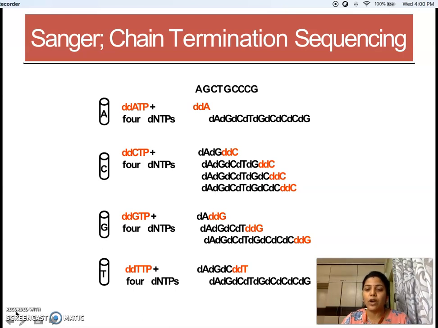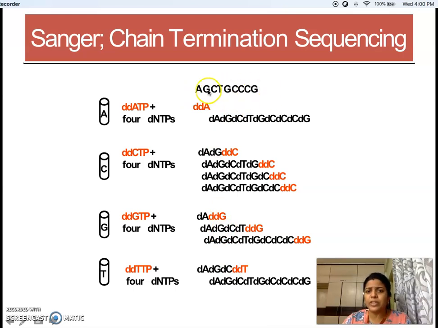So this is also one of the alterations that has been made in the PCR. Apart from that, the Taq polymerase and all the 4 dNTPs would be added in each of these eppendorfs. Kindly remember this. But what is going to be different in each of these eppendorfs is, in this first eppendorf, you will be seeing that ddATP is added. Here ddCTP is added, here ddGTP, and here ddTTP. So if this is the sequence of addition of the incoming dNTPs, these are the different possibilities that you will be getting.